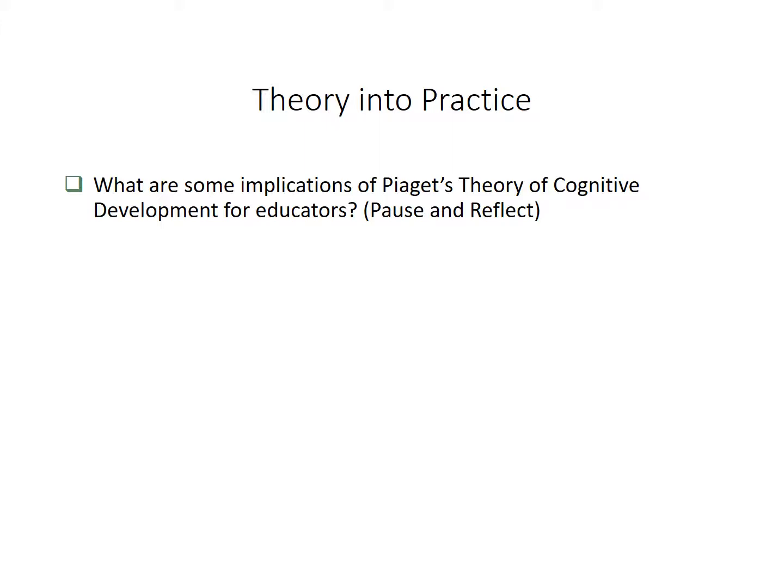So pause and reflect. What are some implications of Piaget's theory of cognitive development for educators? Well, you might consider that you have to know the development of students, and you have to be able to roughly, you're not a psychiatrist, but roughly say, okay, you're struggling with that because maybe you haven't developed this particular ability. In addition, since your students will straddle the concrete and the formal operational stages, some of those students may not have developed the ability to think and reason abstractly.